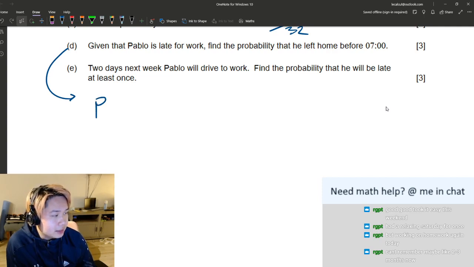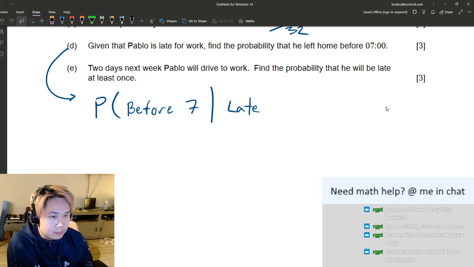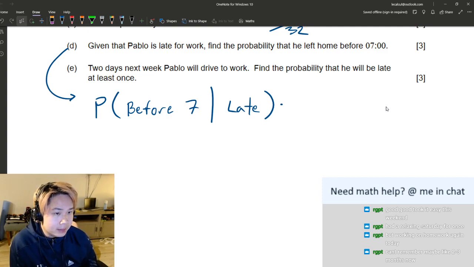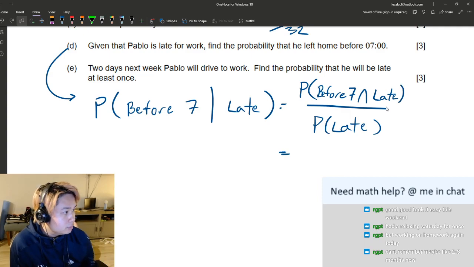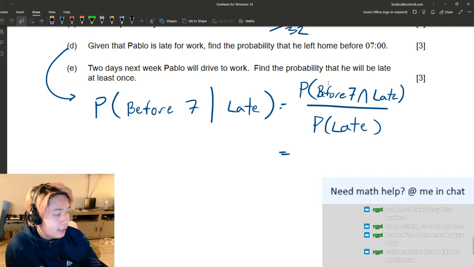Then we're asked this question. Given that he's late for work, find the probability that he leaves before 7. So this is a conditional probability. There is a pretty standard formula for it. Following the formula, we take the probability that he left before 7 and still ends up being late, and we